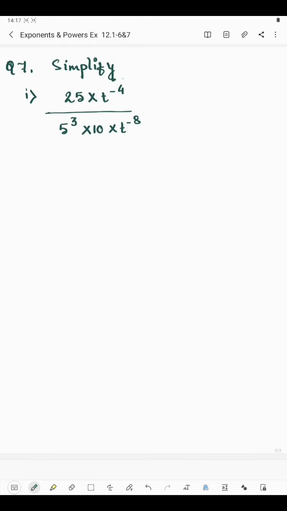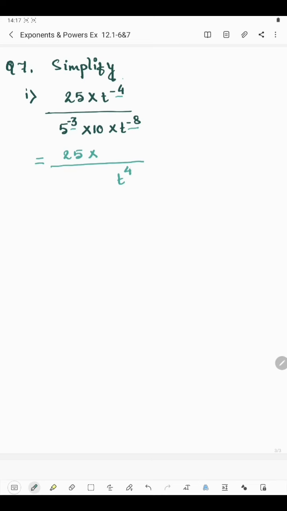Now to solve it, at first we will make the exponent positive, and always remember to make the exponent positive, we will just write the number in reciprocal form. It means the number which is there in the denominator will come to the numerator to make the exponent positive. So here in this case 25 will remain the same, multiplied by t raised to the power minus 4. To make the exponent positive, it will come to the denominator, so it will be t to